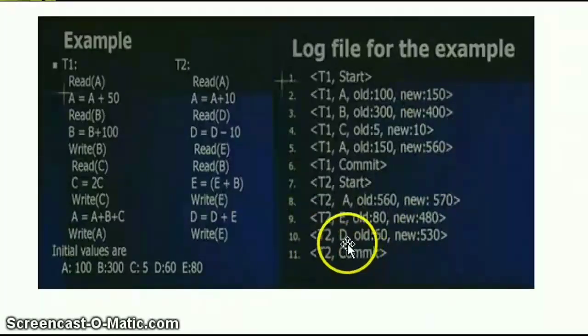Then the next log is for data item D. The old value is 60, taken from the initial value or from the disk, and after applying D plus E, with D's value 60 and E's value 480, 480 plus 60 is 530. After completing all the operations of transaction T2, we write the log <T2, commit>. This is a simple example of how we